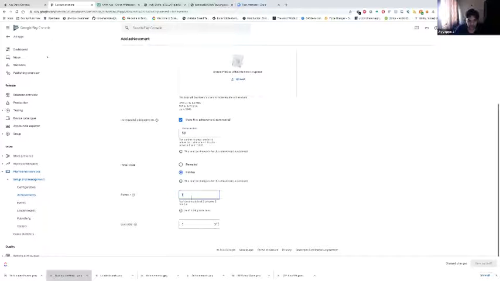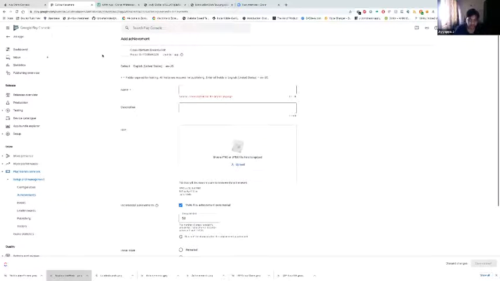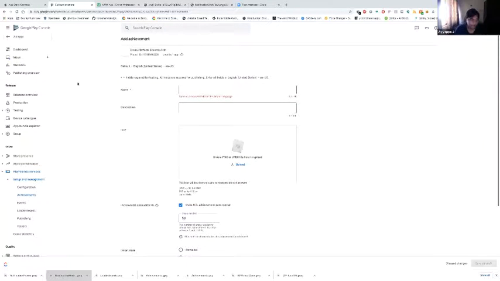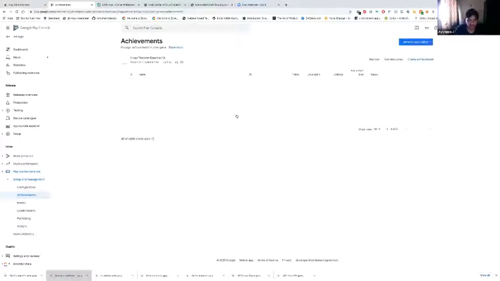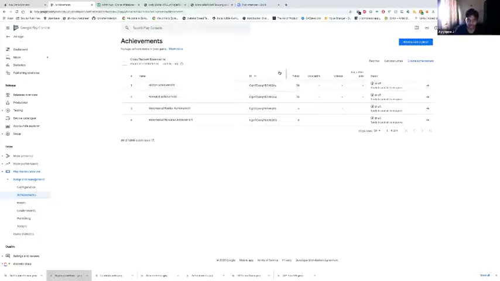And you can set how many points you want to allocate for this player. These are actually useful for getting an overview of the player profile, and this will be used internally. Once you're done, you just need to save it and you will be given an ID for it. Similar to what we have seen in in-app purchases, where product ID is one of the IDs, this particular ID will be useful for you to refer to this achievement from code.